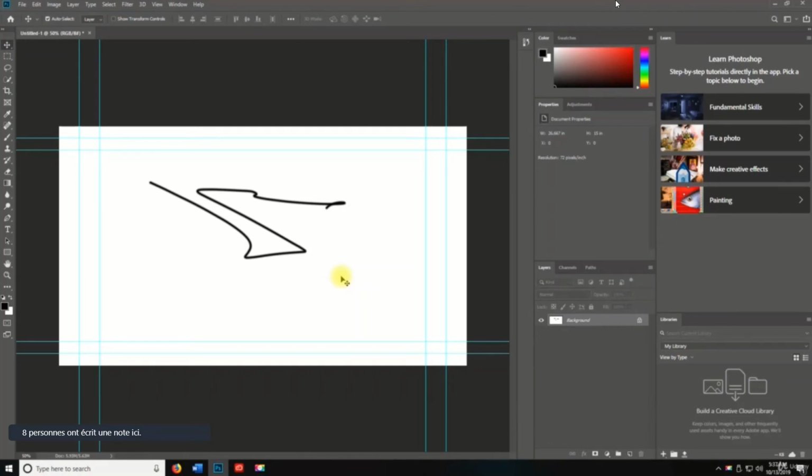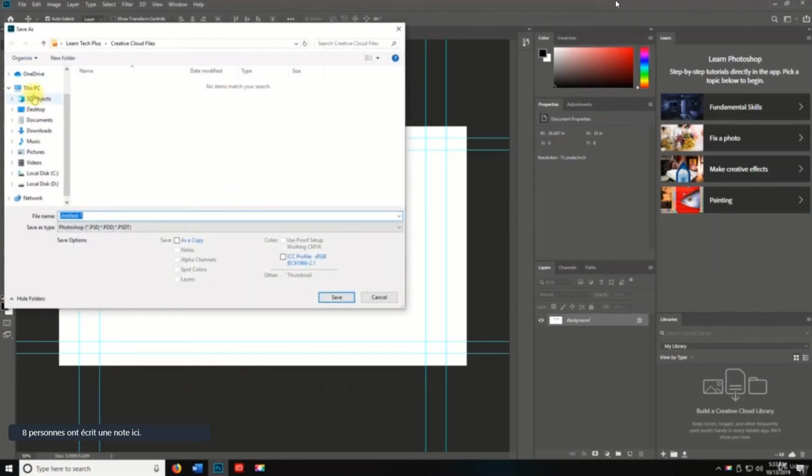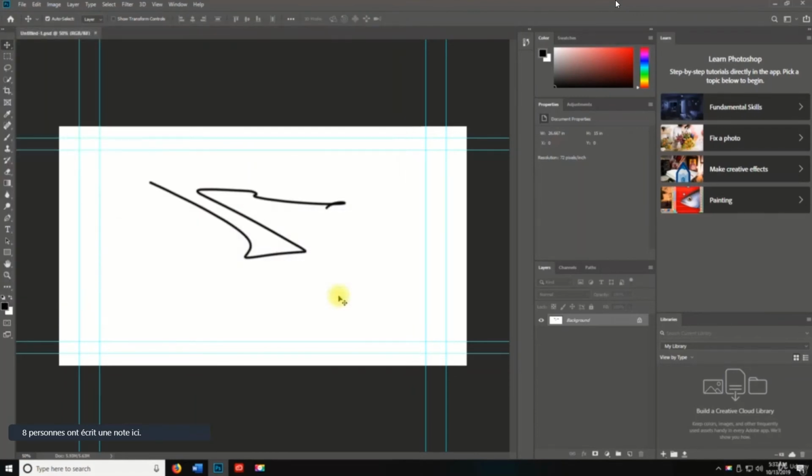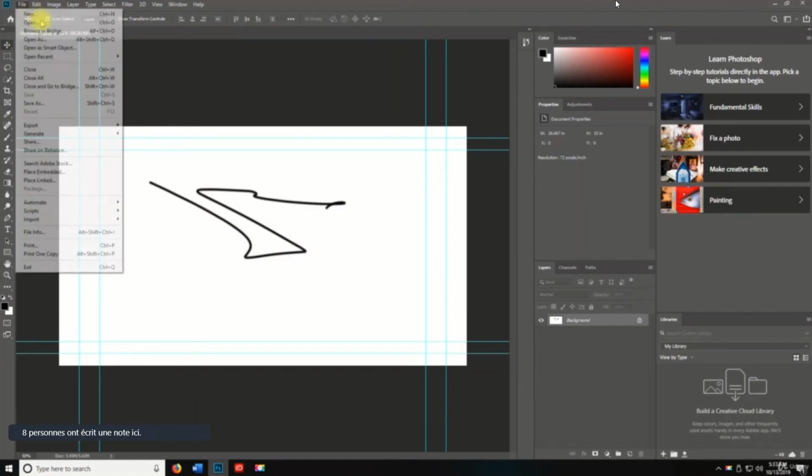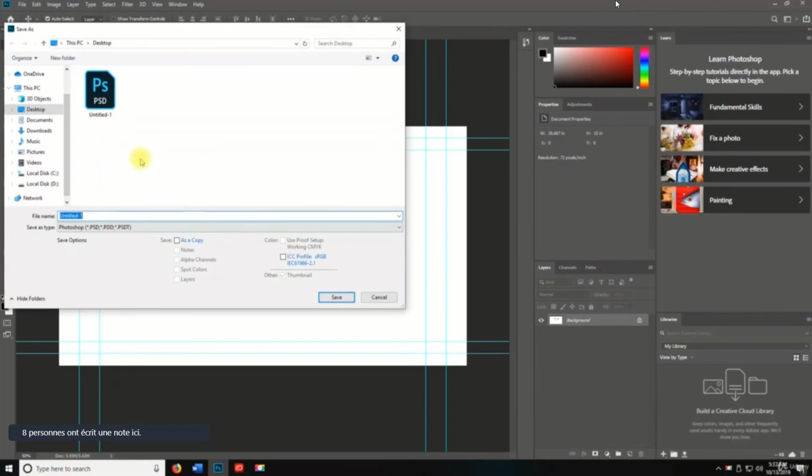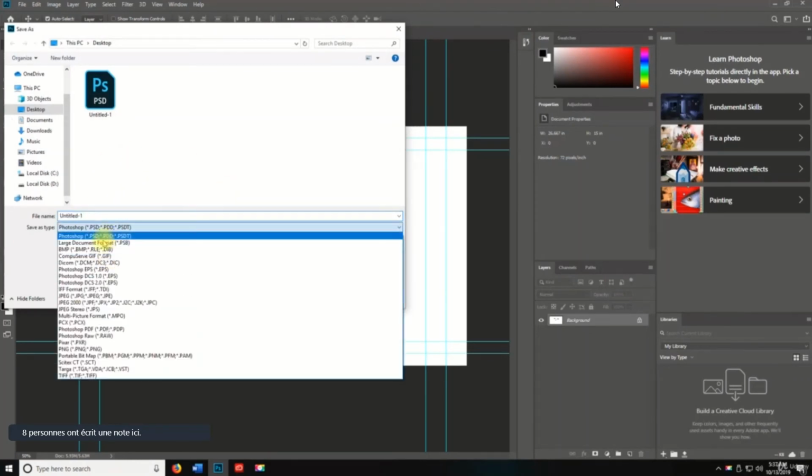So please, please, please save a PSD file. It will save you in the long run. Okay? So if I hit Control S and I go to the desktop, I'll save it there. Now you can do save as well. And we could save it as a